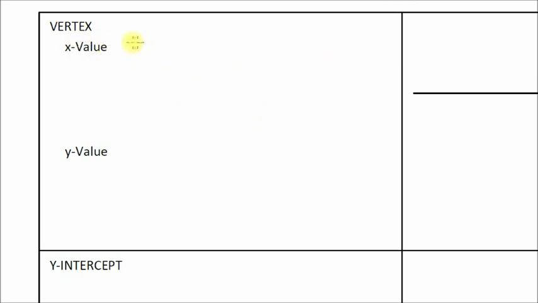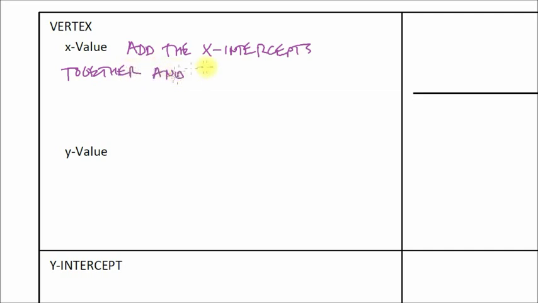To find the x value, you add the x-intercepts together and divide by 2. And the reason this works, class, if we take a look at a quick graph here,